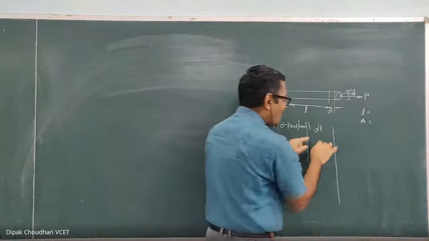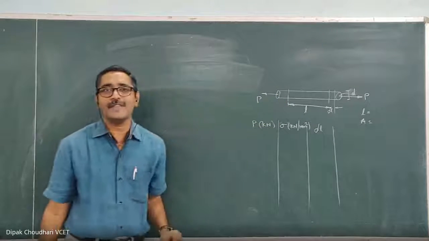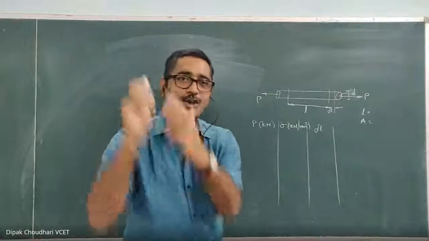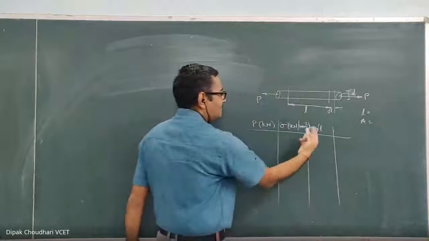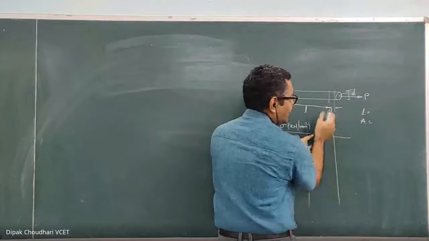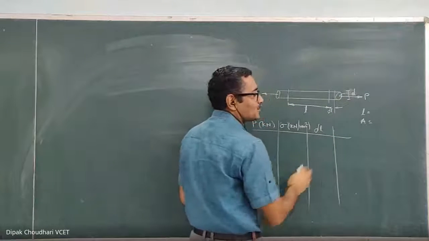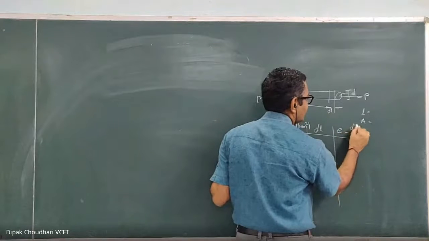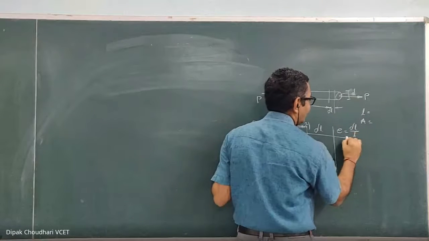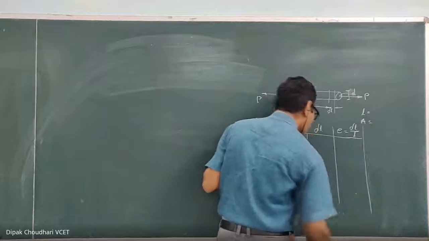Corresponding to this force P, we are going to calculate how much the deformation of that rod is, actually on this machine. Then with the help of this delta L, the change in length because of the applied force P, and this original length, we can calculate the strain. So strain equals delta L upon L. This much reading we have to take from the machine.